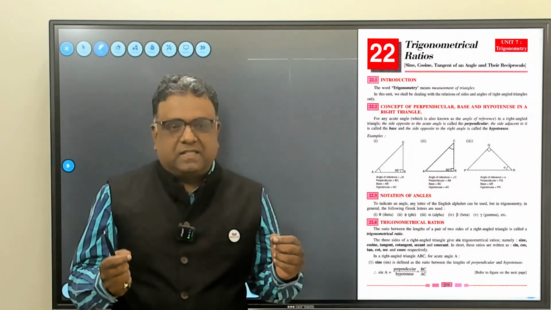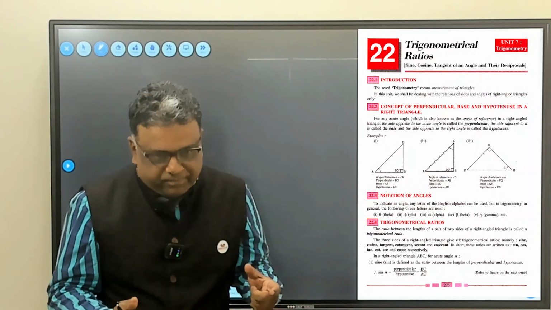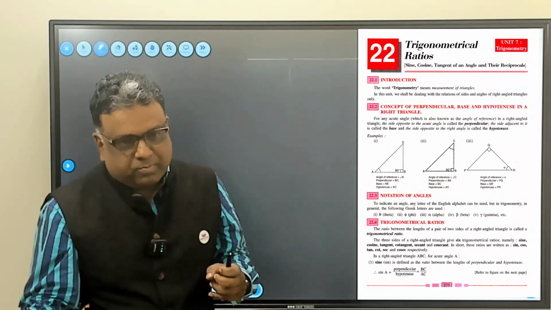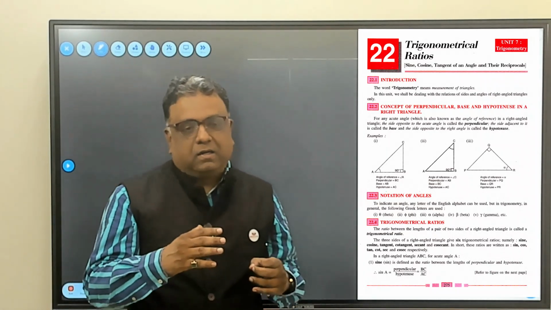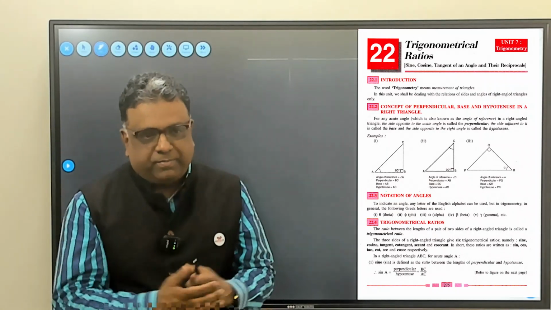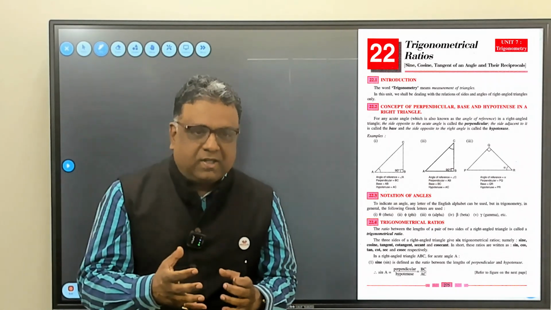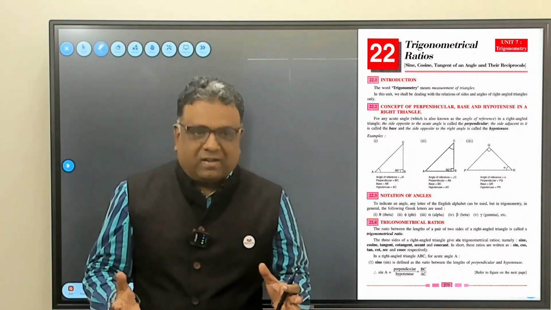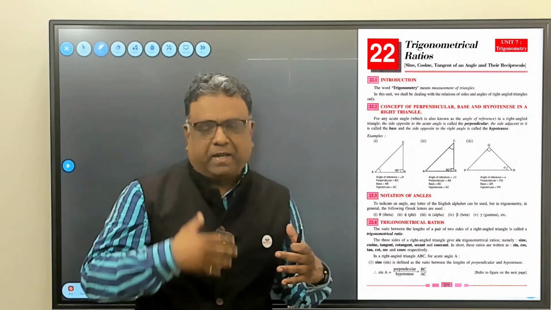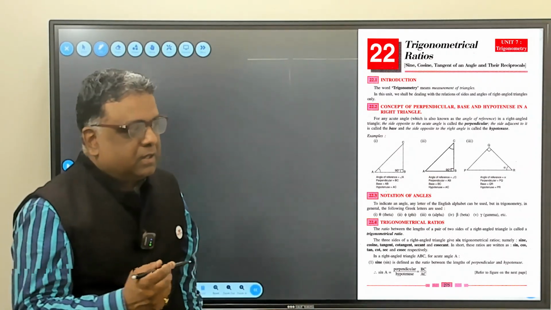So classically, it started with measurement of angles with triangles, but then it can be applied to quadrilaterals also, polygons also, and circles also. Any shape we can apply the trigonometry, because each of these shapes can be further divided into triangles, multiple triangles. So we can apply the formula, we can apply the concept of trigonometry to all these shapes. Why it is necessary? See,